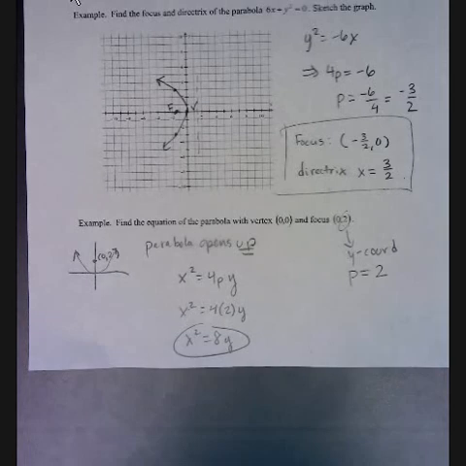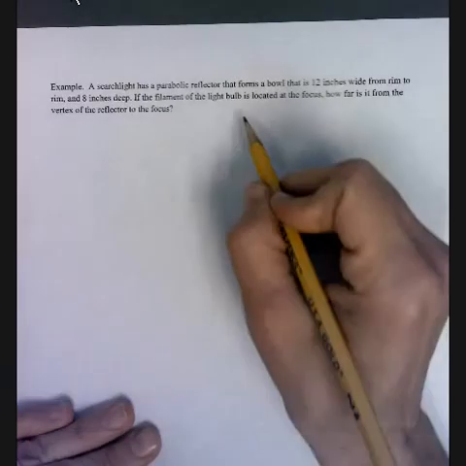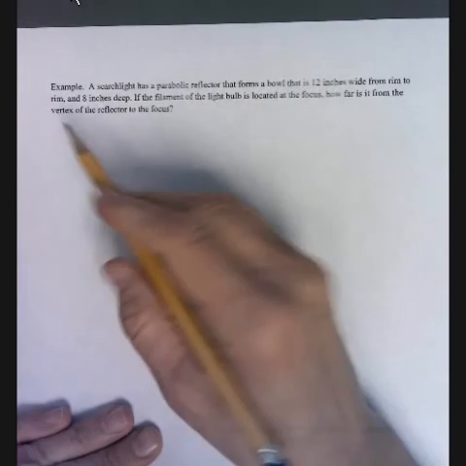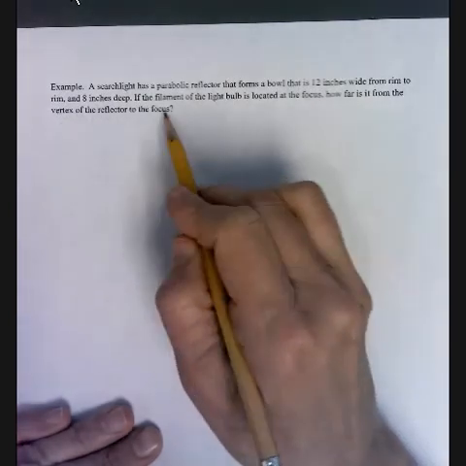All right, one more question. It says a searchlight has a parabolic reflector that forms a bowl that is 12 inches wide from rim to rim and 8 inches deep. If the filament of the light bulb is located at the focus, how far is it from the vertex of the reflector to the focus? Okay, so